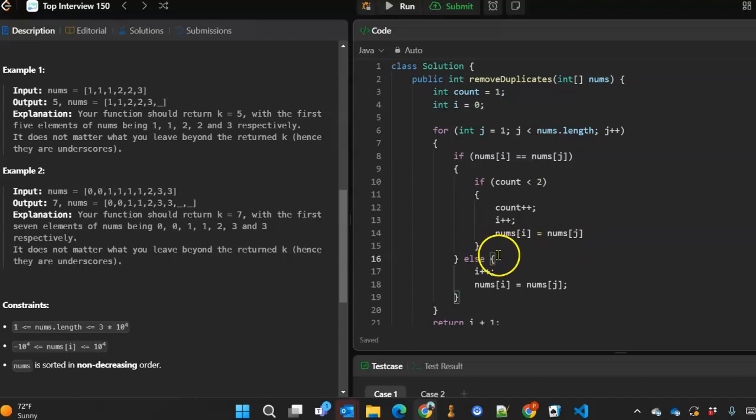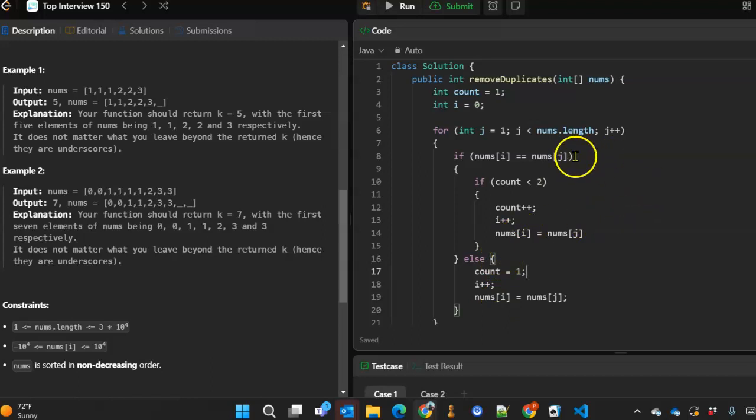But we're also going to have to reset the count, because now this is a new number. We haven't seen this number before. So we're going to have to reset the count to 1. And we repeated a couple lines of code there. Is there anything we could do about that? I'm just going to leave it. There may be some way to avoid duplicating that, but